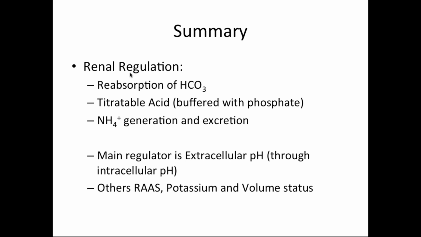The main regulator of acid excretion is the extracellular pH, which mostly regulates it through concomitant changes in the intracellular pH. Other regulators are the renin-angiotensin-aldosterone system, potassium, and volume status, which can also regulate the acid-base status